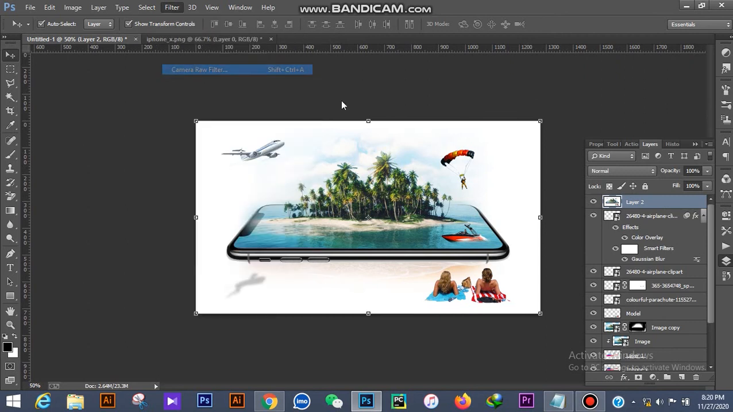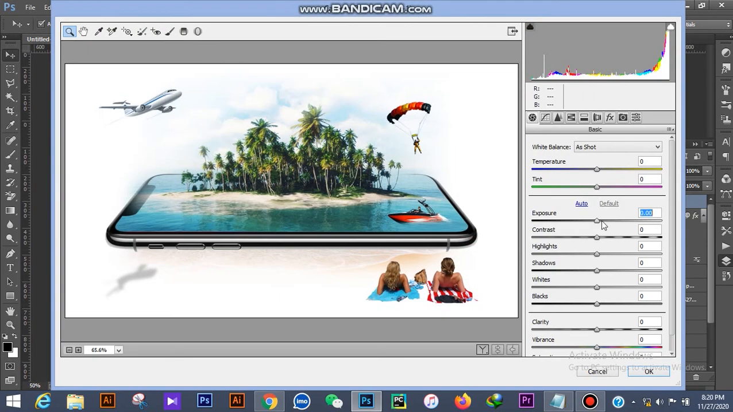Okay, now I am going to do something adjustment with the Camera Raw filter, and